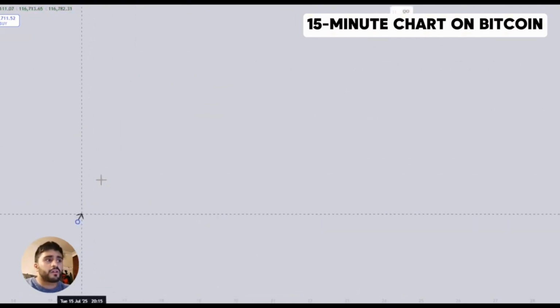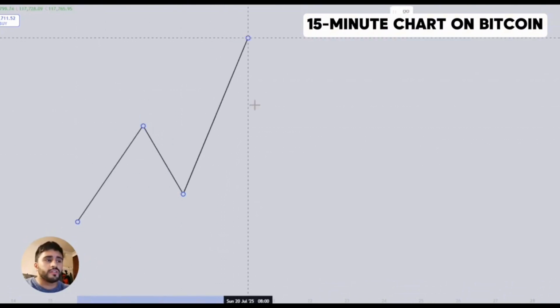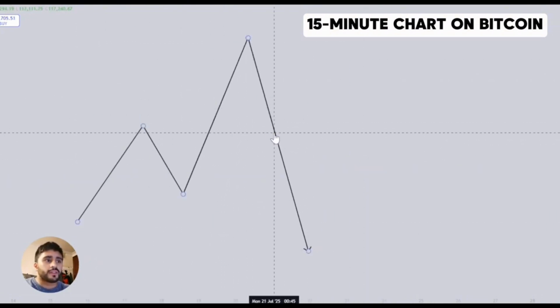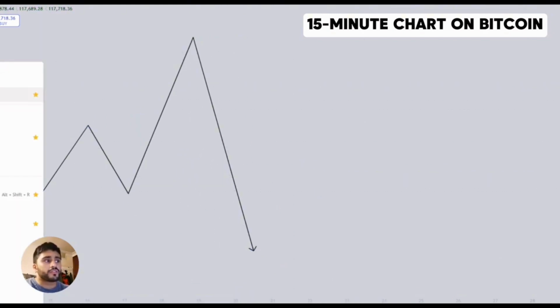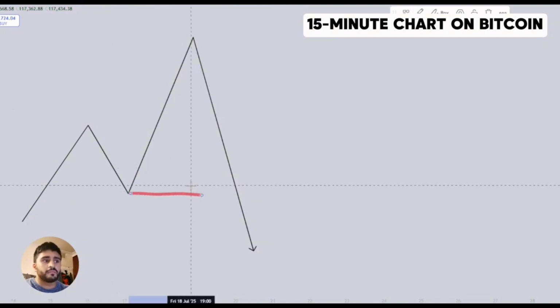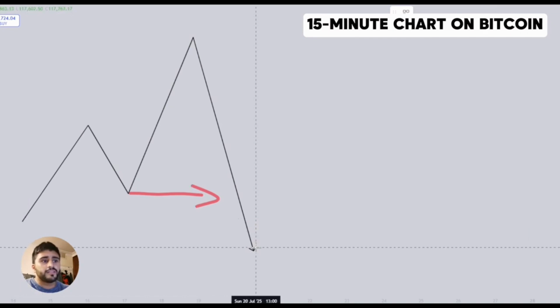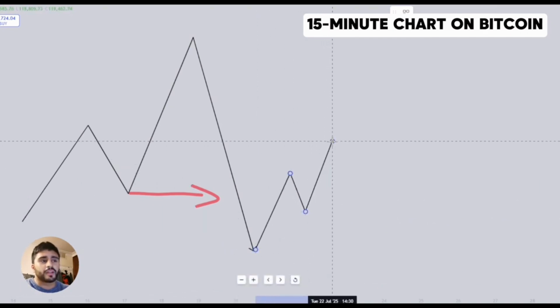So let's say we have market structure giving us bullish structure, then we have a break to the downside. This is what I want traders to understand. So we have seen a break of structure to the downside. So this is the market giving us the BOS. So when we have a pullback like this, this is very, very basic smart money concepts over